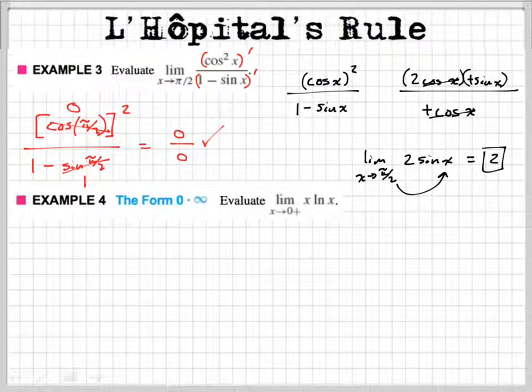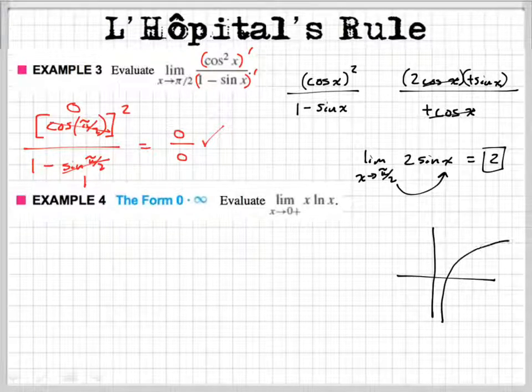If you guys look at natural log, it goes like this. Natural log of x goes like that. And so you will not have any negative x values. So let's take a look at this. If I plug in 0, let's see what we would get. If I plug in 0 to test it, I would get 0 times, and then if I plug in 0